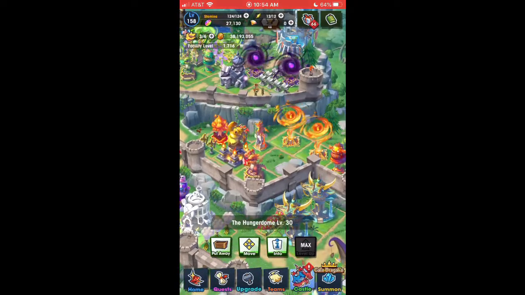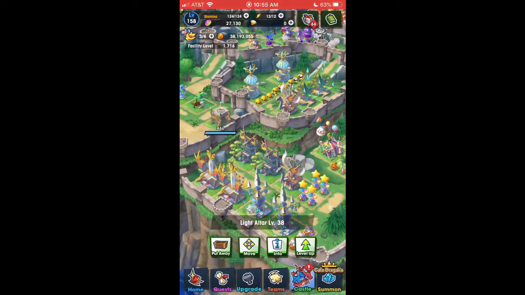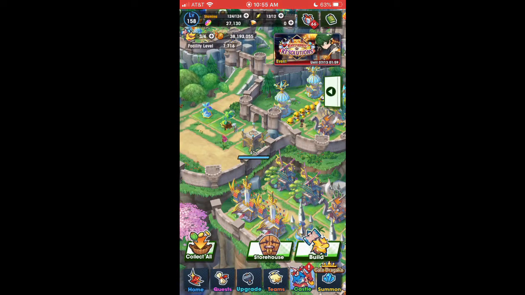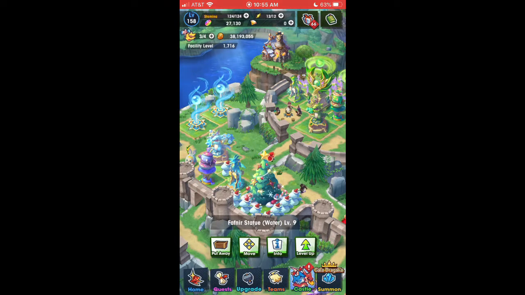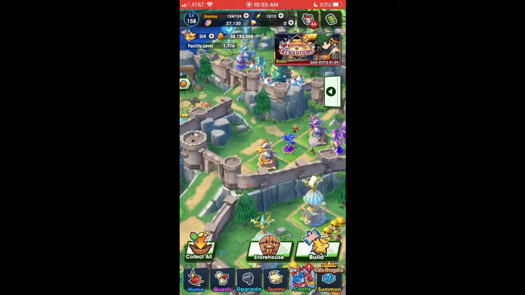So I have the Hunger Dome, I have the Arctos Monument, I have the Library Obscura, I have the Sweet Retreat, I have this one right here, the Festival Stage, which will be done in 40 seconds. And I have all of these Fafnir statues. They're not maxed out. I have all of the slime statues. They are maxed out because those are relatively easy to max out, but the Fafnirs I have not maxed out,